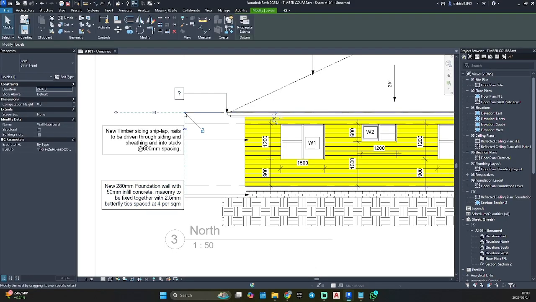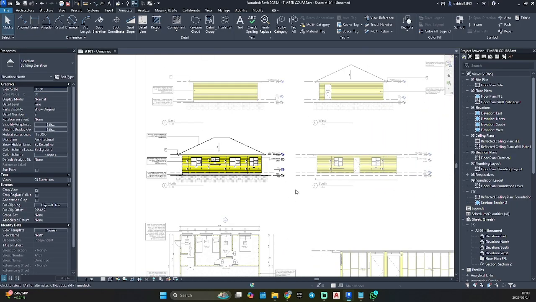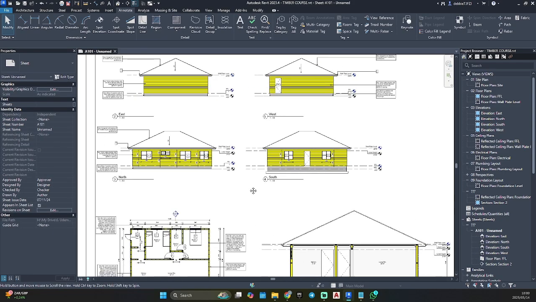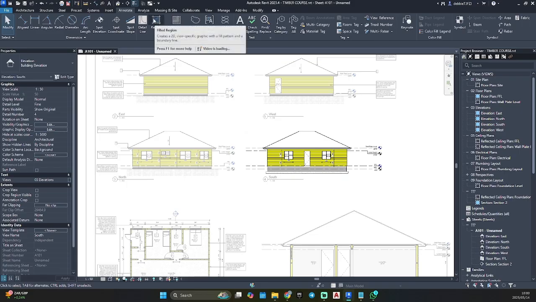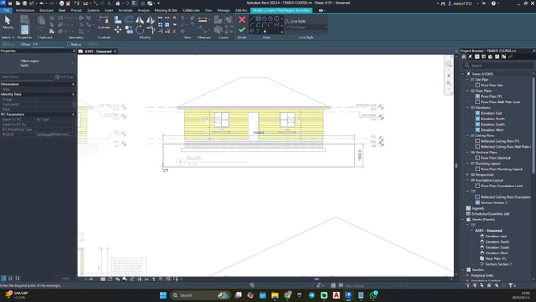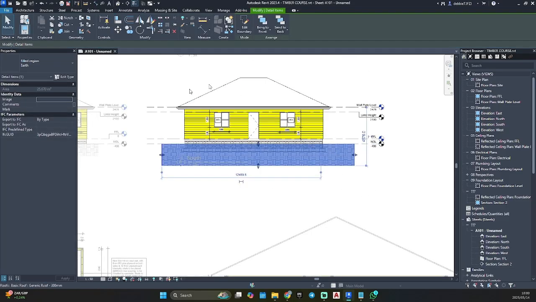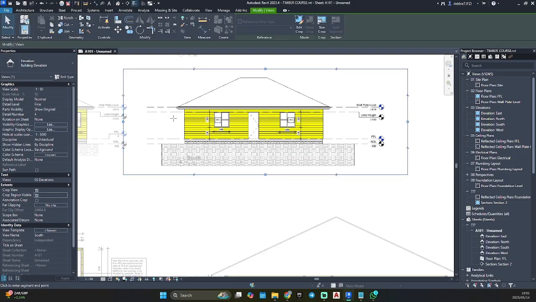I'm just gonna move these level lines a bit back. Okay, let's do the last one quickly. Rinse and repeat.